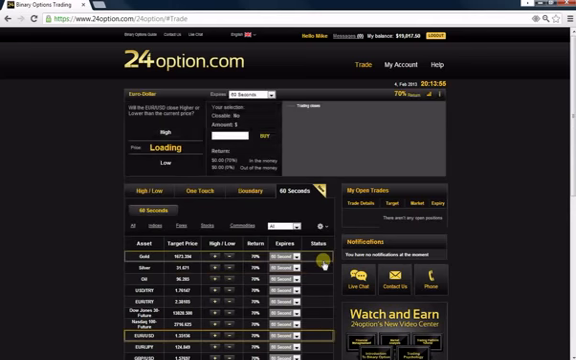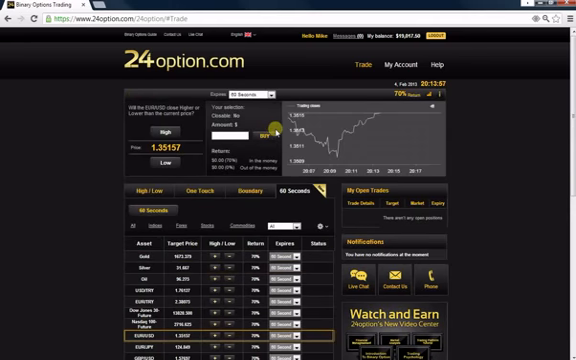So we're going to go here to the Euro US dollar. We're going to click it, and take a look at what's been going on for the last few minutes. It's gone down, it's gone up here. So we're going to go with low. So puts. Now the minimum investment for 24options is $25,